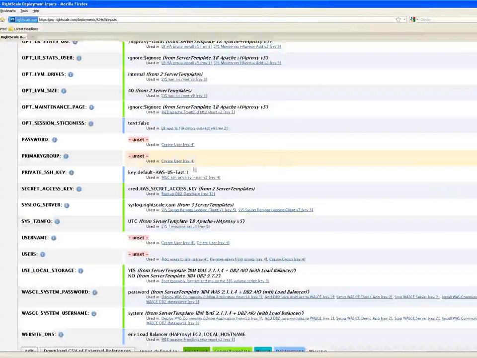Now, the one that we're interested in here is the private SSH key. And you notice that the key it's currently using is the default AWS US East SSH key. And there's certain aspects of EC2 that are region-specific, and SSH keys are amongst them. So it wouldn't be possible for us to share this with our European group because this key would not be accessible. So as such, we need to swap this key out before we can publish it to that group. So in order to do that,